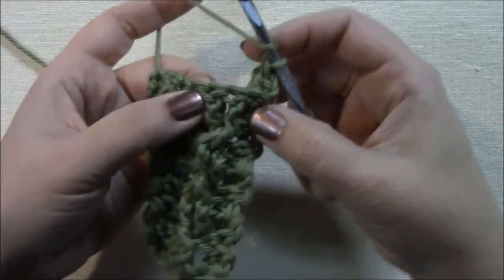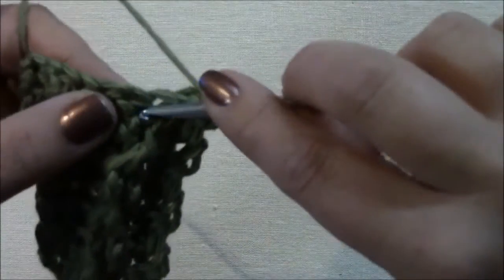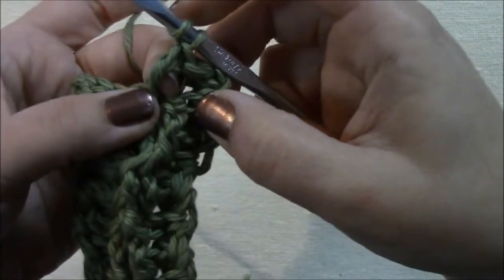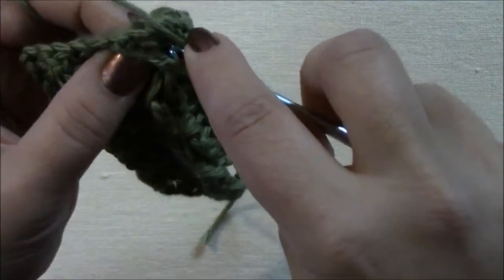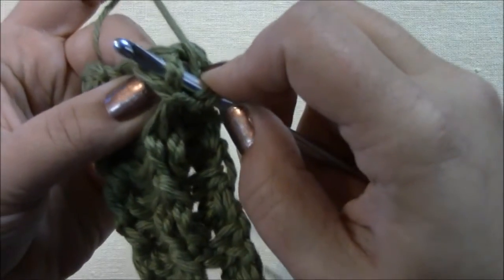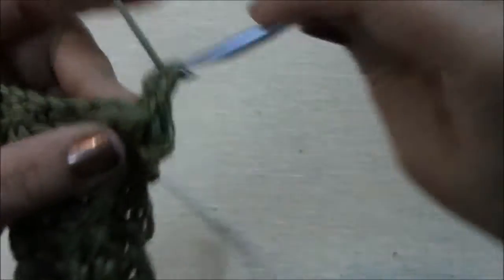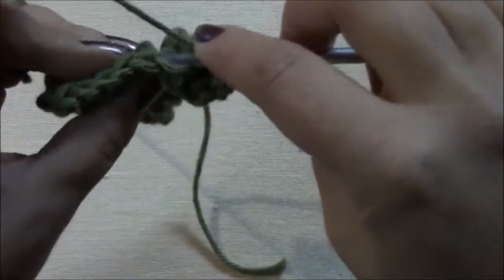going to do the right leaning cable. So we skip one, double crochet into the next, front post double crochet into the next, and then we're going to front post double crochet into the skipped stitch, working behind the stitch we just made. Work behind, grab that, and 2 back posts,